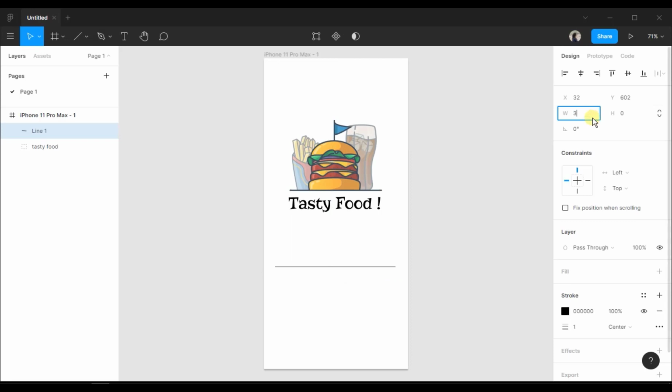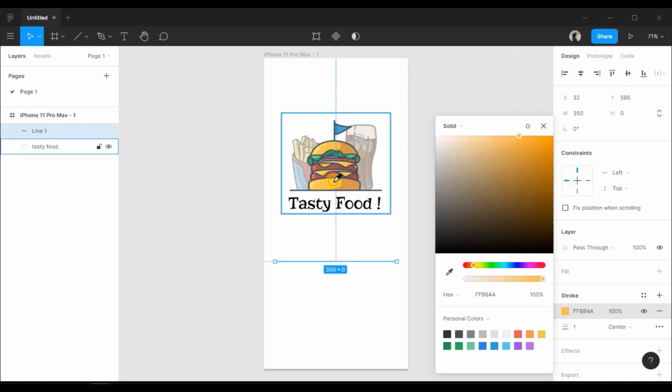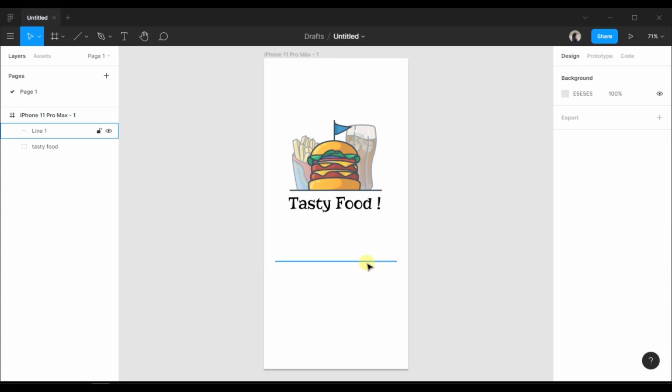Let's say width 350. Let's change its color. So I want the same color as this burger has, so I will take the same color. As you can see, you can also choose the color from the screen, so I'll take this color. Perfect.